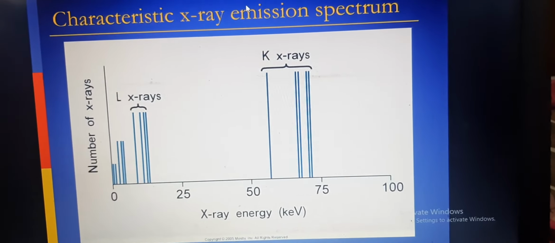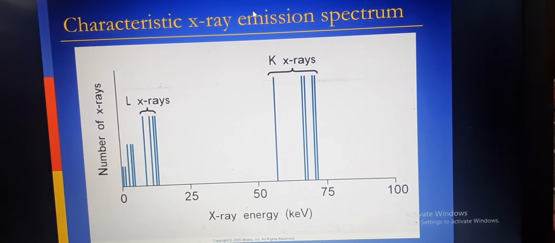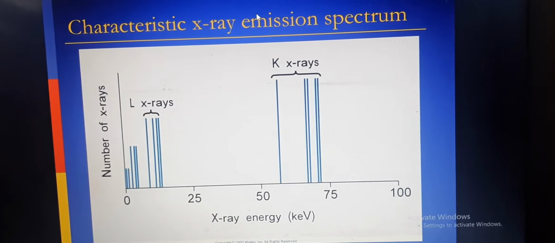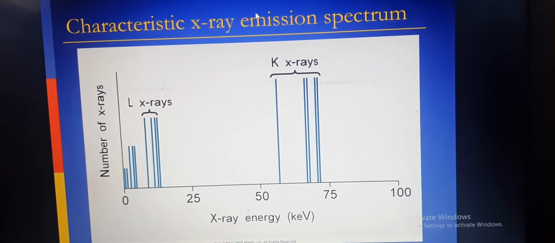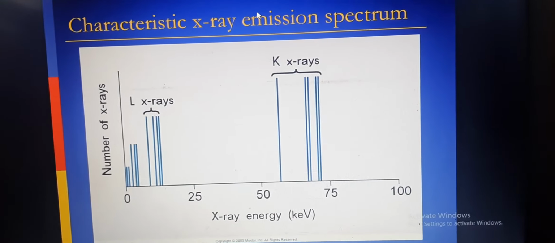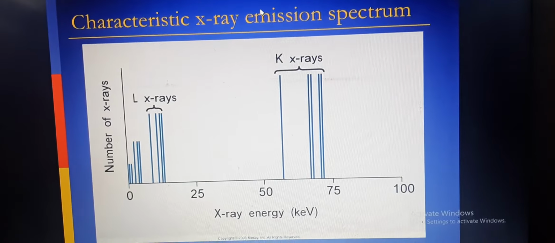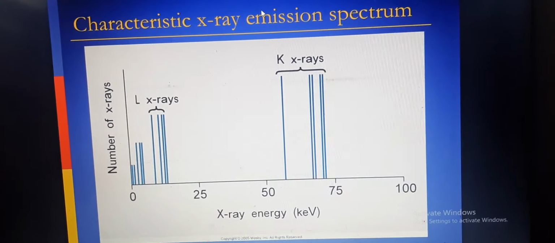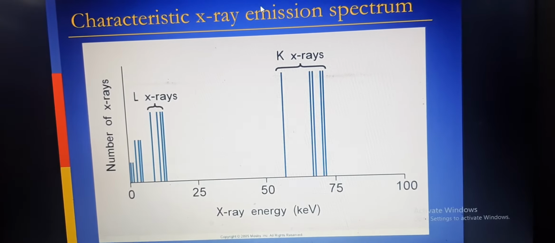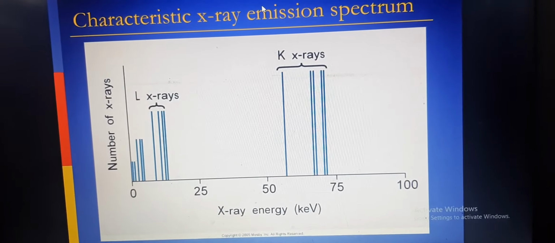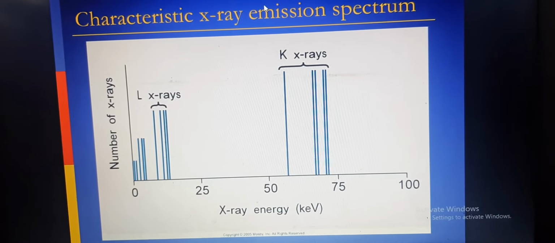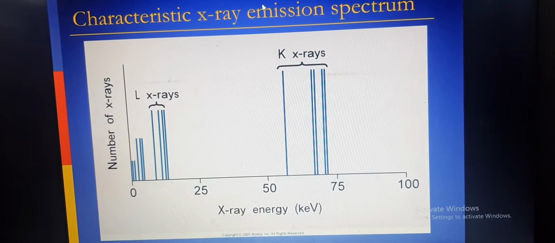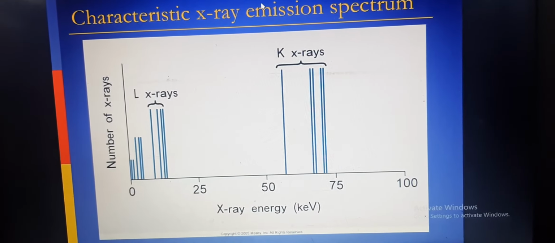A plot of the frequency with which characteristic X-rays are emitted as a function of their energy, as you look in the diagram, is a characteristic X-ray emission spectrum. There are 5 vertical lines, right? Here are the 5 vertical lines representing the K X-rays, and the 4 vertical lines